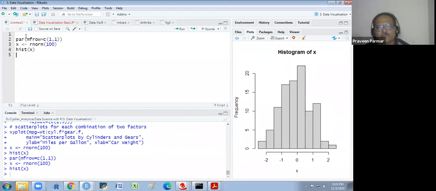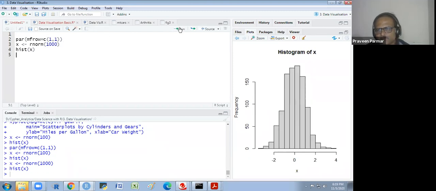So it is, you see, in the 100 I am getting it this way. It is not too much normal. If I increase the data sample size to 1000, I see the histogram tends to be normal. If I take 10,000,